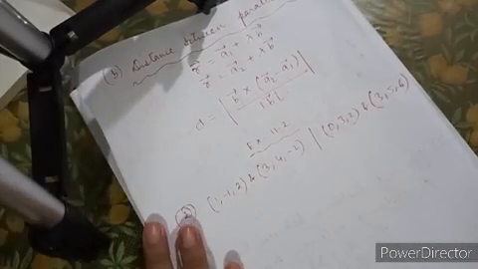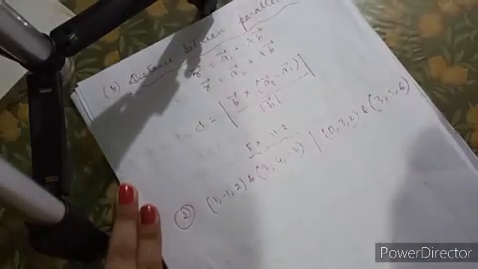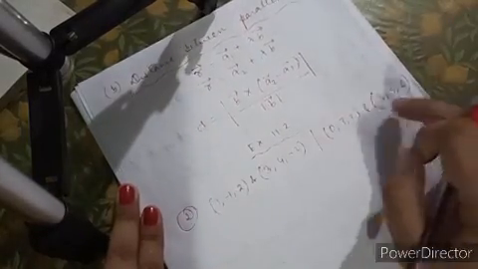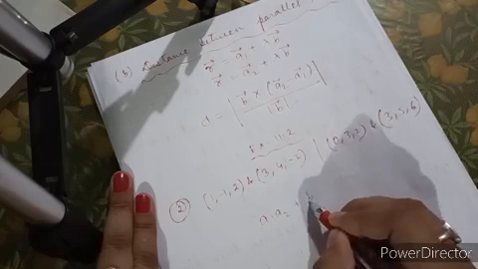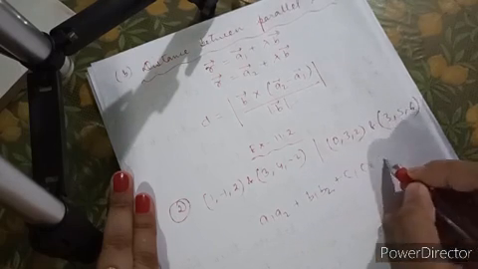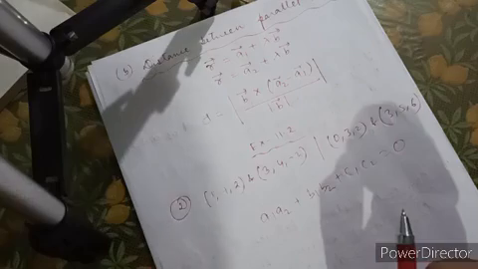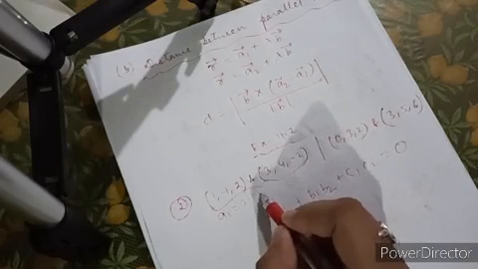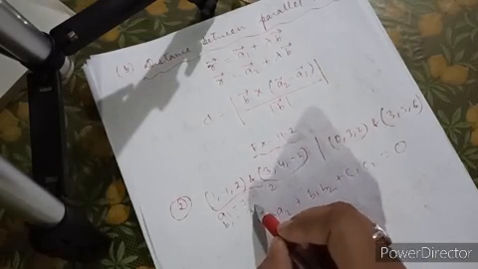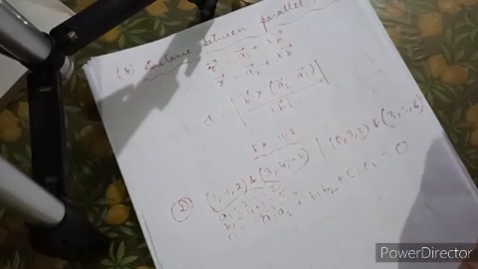Now I'm taking question number 2 of exercise 11.2. Your question is, show that the line through this point and this point are perpendicular. What was the perpendicular condition? a1 a2 plus b1 b2 plus c1 c2 must be equal to 0. Now how to calculate a1? From this we can easily calculate a1 will be 3 minus 1, that is 2. b1 will be 4 plus 1 equal to 5 and c1 will be minus 2 minus 2, that will be minus 4, isn't it?